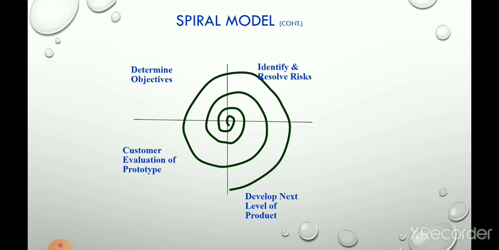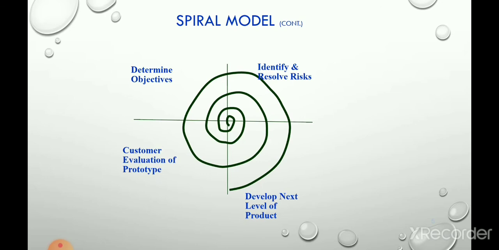Then the next phase is the development phase. Actual development takes place in the third quadrant. Code design, coding, and testing are the activities during the third phase. After the software is built, it is given to the customer. Then in the next phase, the customer evaluates the software and gives feedback to the developer. This is a single loop activity.